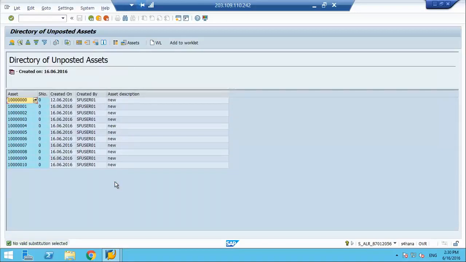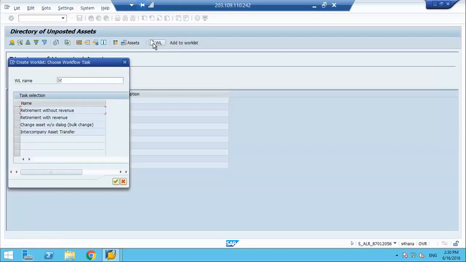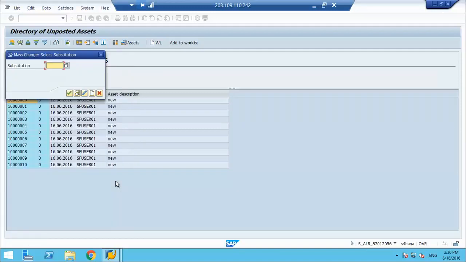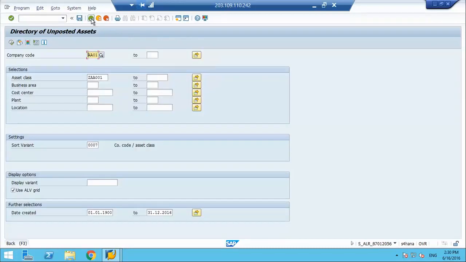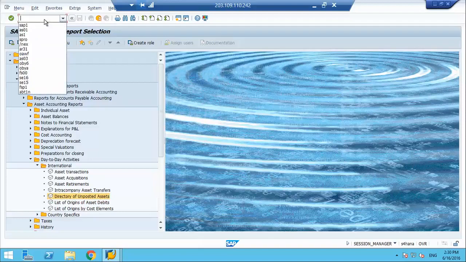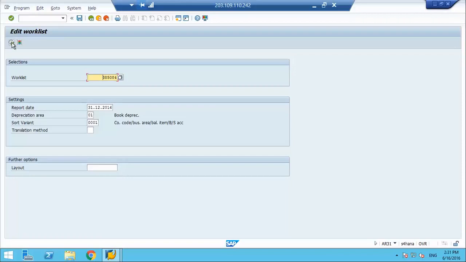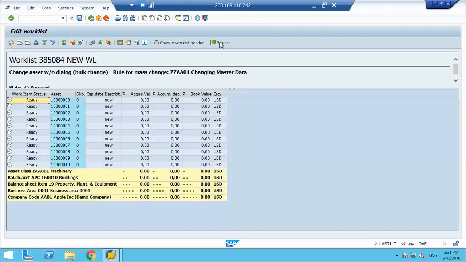I give the name, change assets, queue added. Now I should go to AR31 and release my work list. Released. Okay, so now the moment it is released,